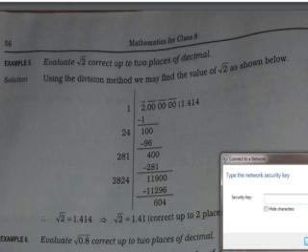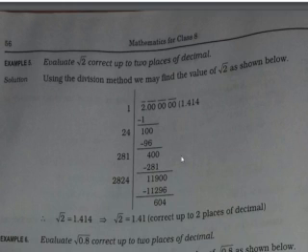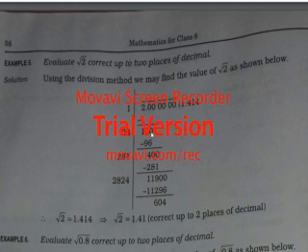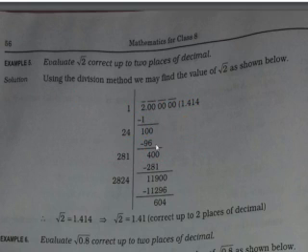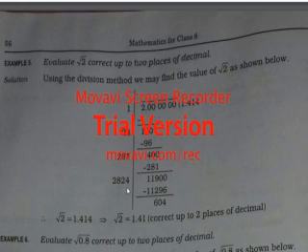So if you see, here it is. It has been done 24 for the 96, and then while subtracting 4 comes, and again next 20 comes. Now double of 14 is 28, so after keeping 2 it will become more than 500, so 1 has been kept, and it comes 289. While subtracting it becomes 119, again 20 comes. Now double of 141 is 282. Now again 4 has been kept. Of course you can check it by keeping 5 also and 3 also. While keeping 3, of course it will become smaller, and when you keep 5, you will get bigger. So 4 has been kept over here.